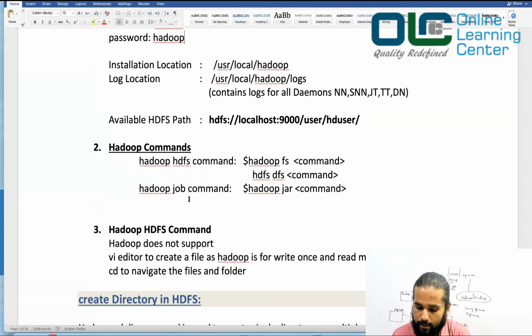So Hadoop commands usually come in 2 versions. One is hadoop fs, okay, hadoop fs and then the command. The other one is hdfs dfs and then the command. So hadoop fs is basically the old style. It still works and I still use it. But then there is another approach to do the same thing, that is hdfs dfs. Okay, so this is how you basically write the command to interact with your Hadoop file system.